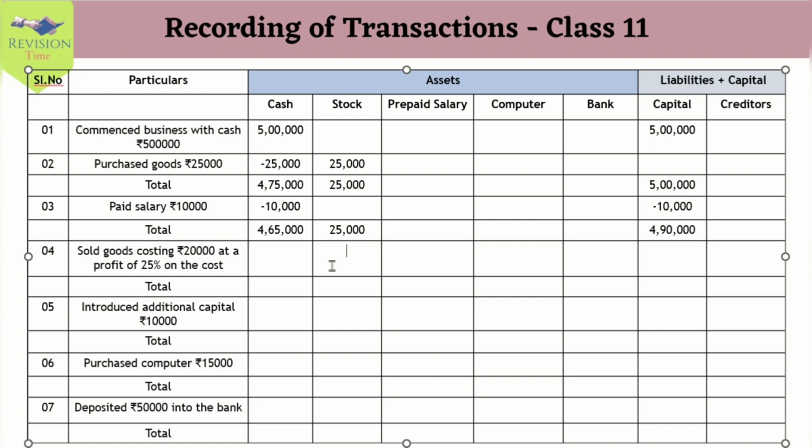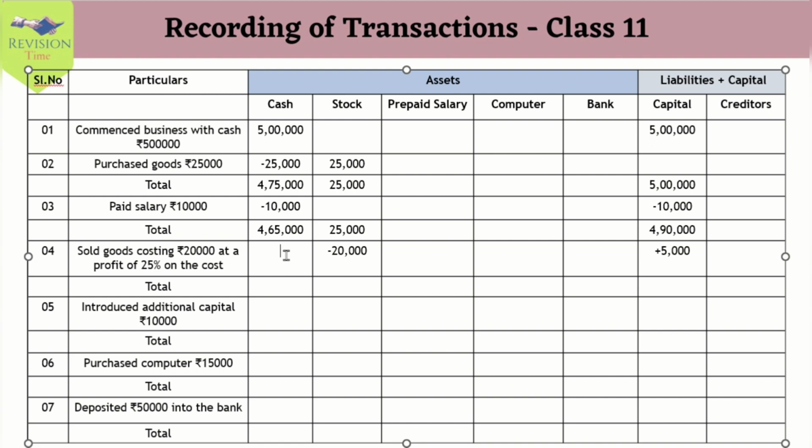So 25,000 goods we have worth rupees 25,000. From this 20,000 we are selling, which means there's a decrease in stock, so we'll minus it. But we are selling it at profit, so whatever profit it is, we will add it in our capital. On 20,000, 25% profit is 5,000 rupees,